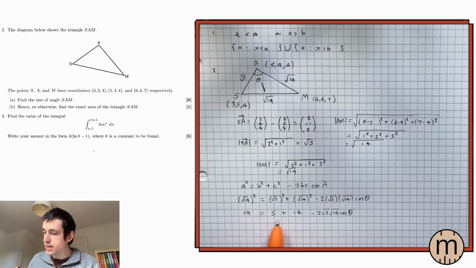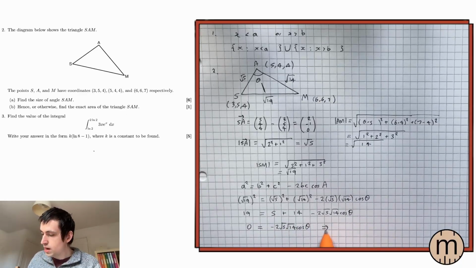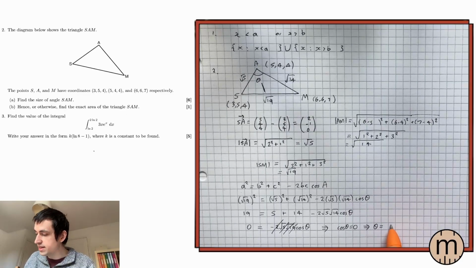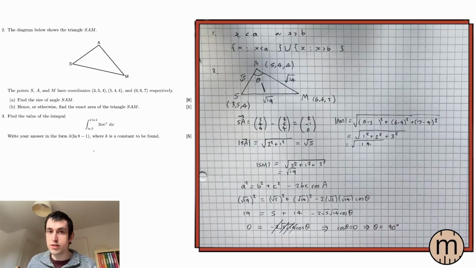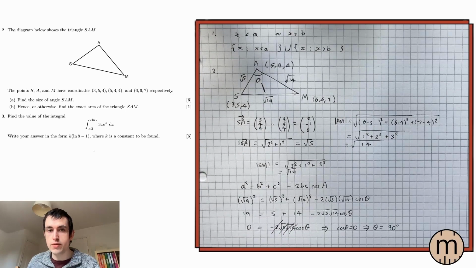But hey, look at this, 19 and then 5 plus 14. If we subtract those from both sides, then we'll get that 0 is equal to this expression here. Divide by that stuff, all goes away. Cos theta is equal to 0. And what does that mean? That means that theta is actually equal to 90 degrees. So it actually is a right angled triangle. Who knew? So we get 90 degrees, and that should hopefully help us for the next part of the question,